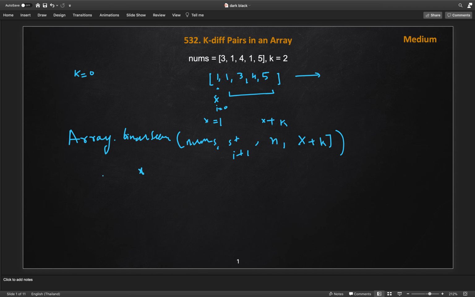We will store x into a set because we need only the unique pairs. In this case, if I do it for 1 1 and look for 1 plus 2, where our k is 2, we will get 3 from the first 1 and also from the second 1, so this would give us 2 pairs, but ideally we have to take only 1. So we will store the minimum value into a set, which we will call unique pairs. If I do so, in the end I will get all such unique pairs. First we will get 1 comma 3 and second we will get 3 comma 5. So these are the two pairs we will get.